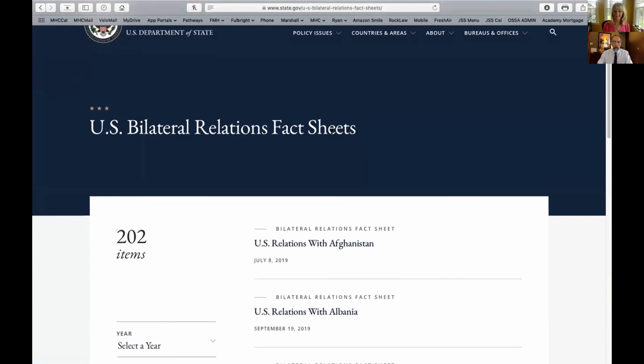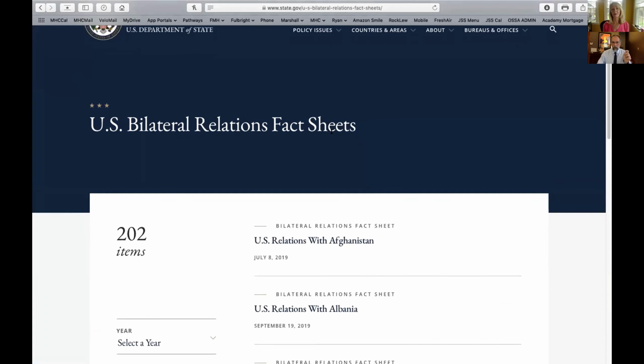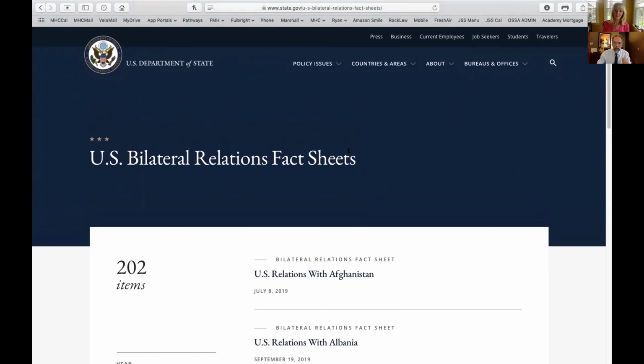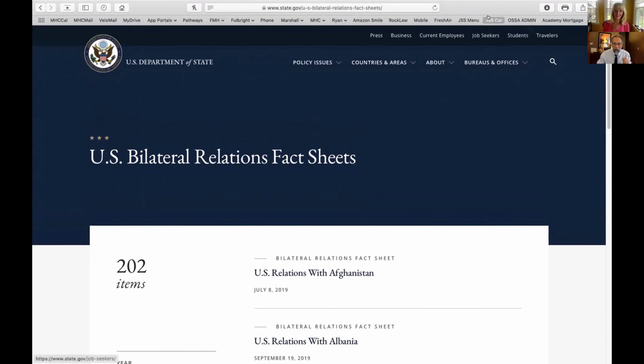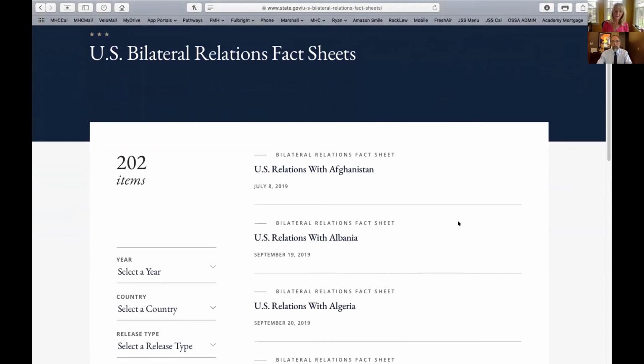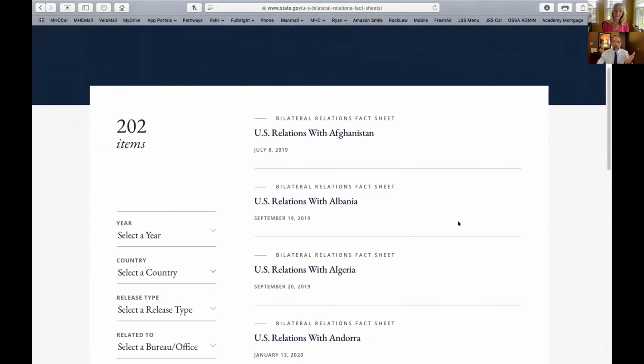Another thing that Christine and I want to talk about, or just reiterate, and we mentioned it already, is to pay attention to what's happening in country, especially as it relates to educational priorities. Some systems, some cultures have expectations of their teachers or expectations of their students that are different from the United States. And so here at the United States Department of State, bilateral relations fact sheets, which you can find here at the URL at the very top, we'll get a sense for what's happening sometimes at the educational policy level.